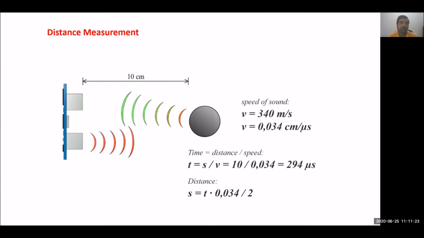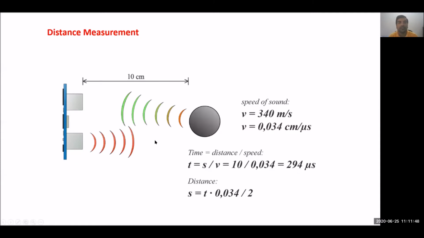Then between the start time and end time, we come to know how much time it took, and we already know the speed of sound. With the help of that we can multiply, and it gives you the distance of both paths, going and coming, forward and reverse.